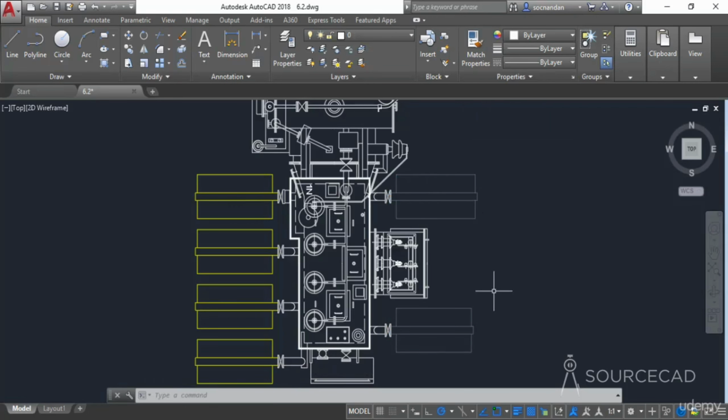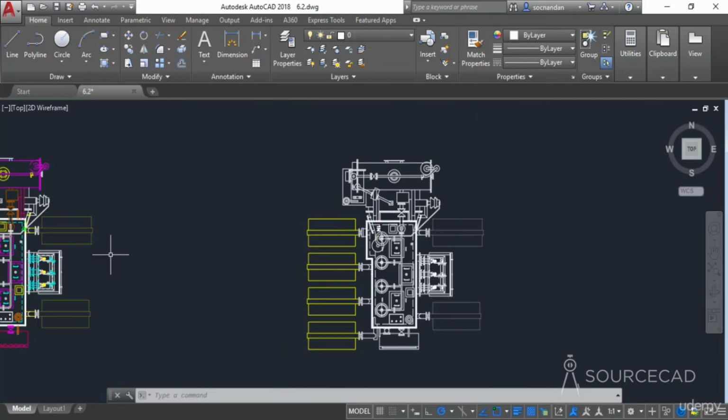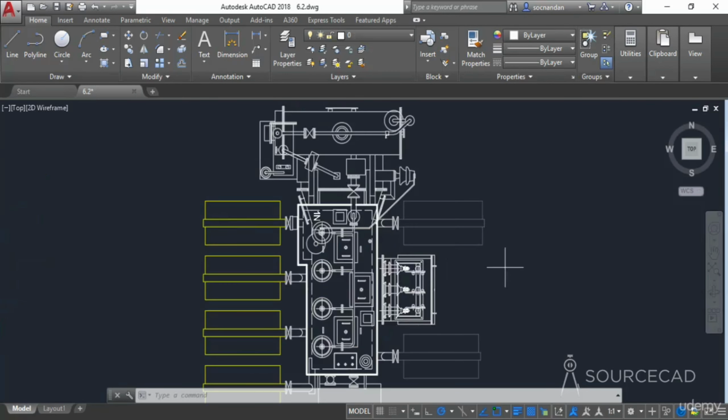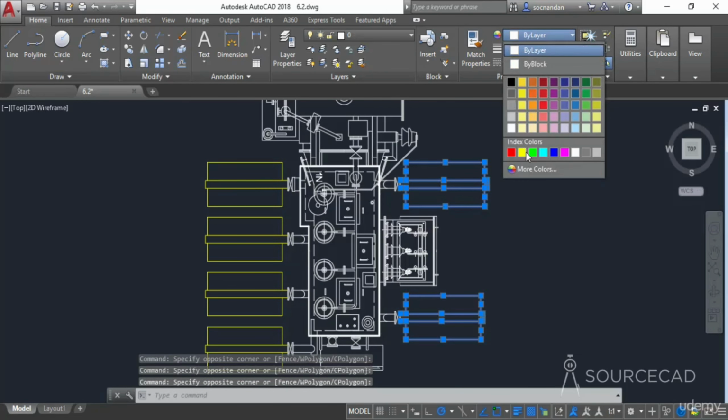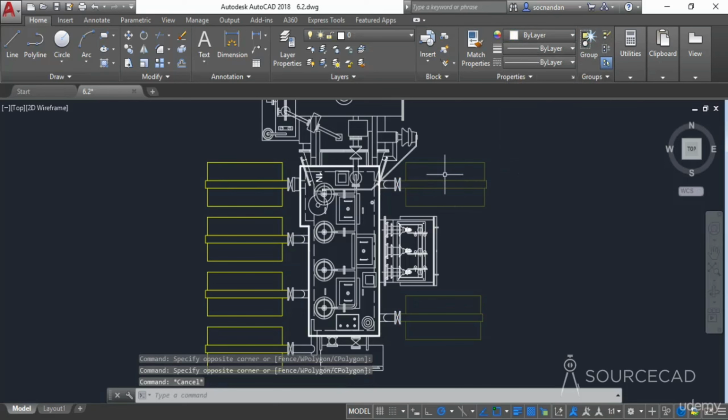In order to see this object properly, just like this one, you can also change the color. So you already know how to change the color. So let's select all of these objects. Let's change its color to yellow. Okay, now you can compare it with this object, and obviously we have the transparency, but here in this case